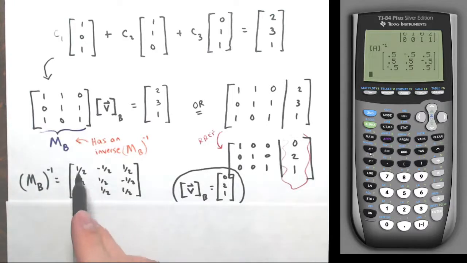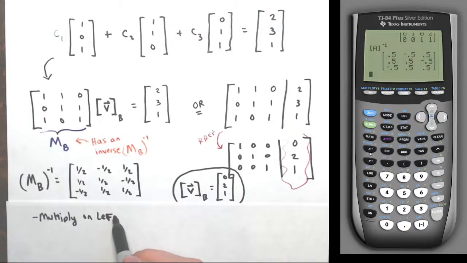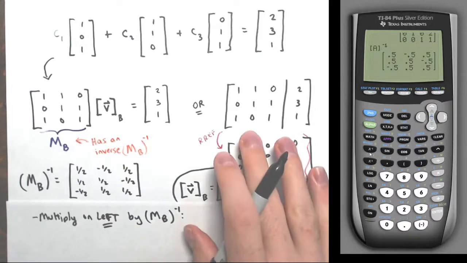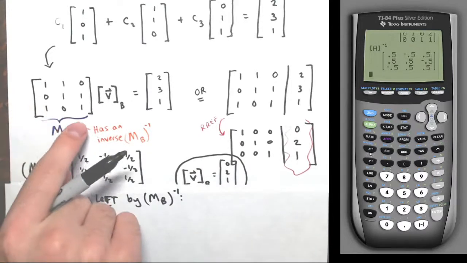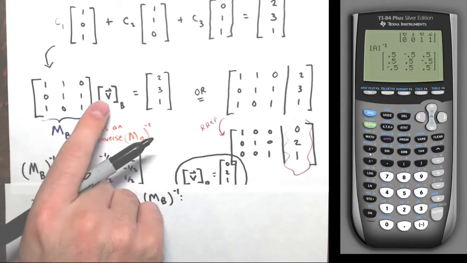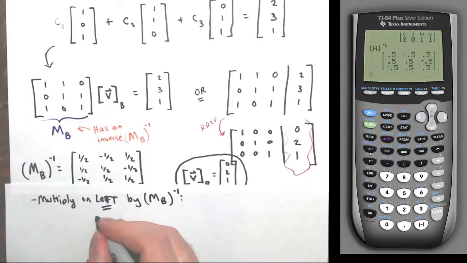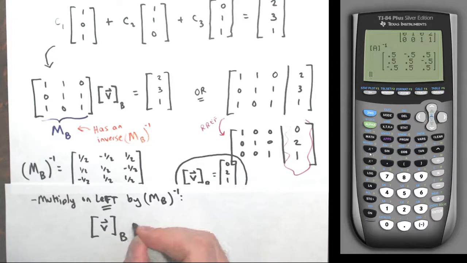Now I just multiply both sides on the left by this matrix. Multiply on the left, right? Because remember, order matters when you multiply matrices. Sizes matter and all that. By this inverse matrix, this side, I multiply on the left by the inverse, it'll make the identity matrix, so I'll have just the coordinate vector, the C1, C2, C3, equals